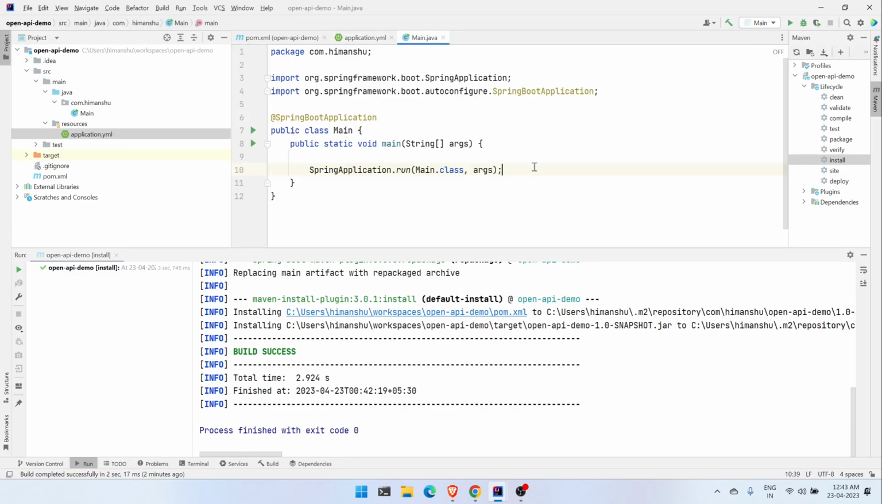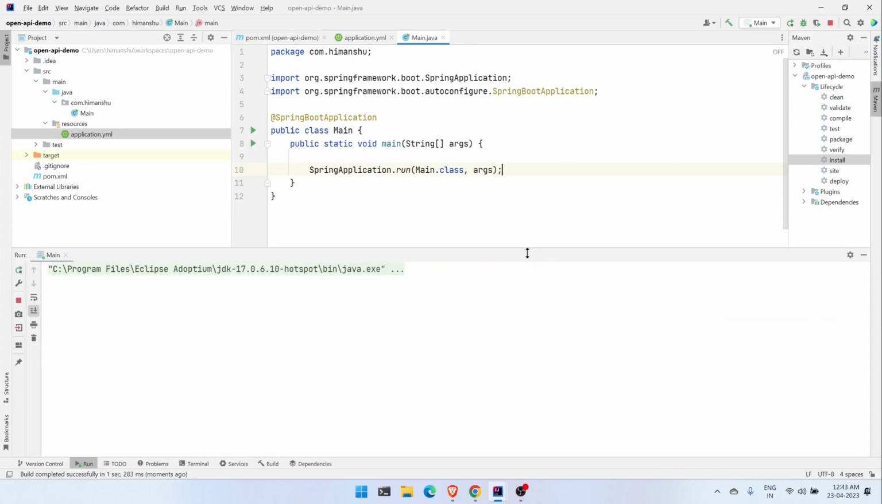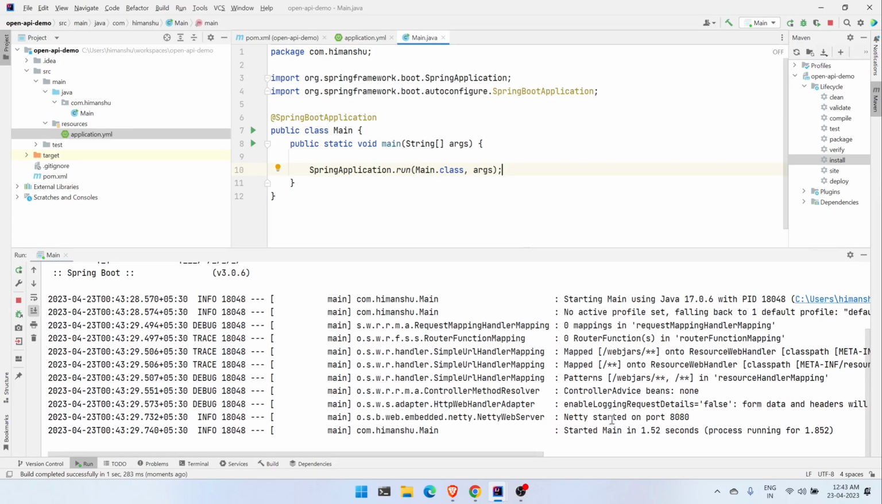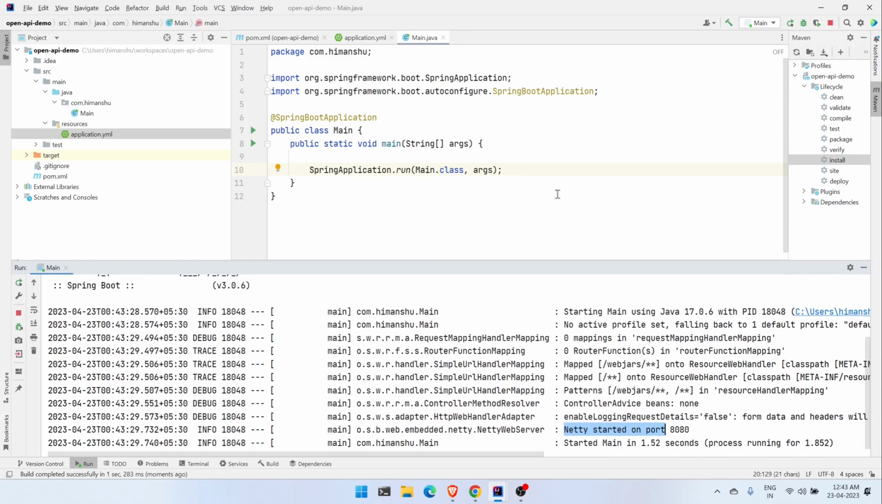Alright, so this is our Spring Boot application. Can try one more time running it, and yeah, you can see over here the Netty server started on port 8080. Alright, so far so good. Now let's move on to the OpenAPI specification. So let me stop this one,